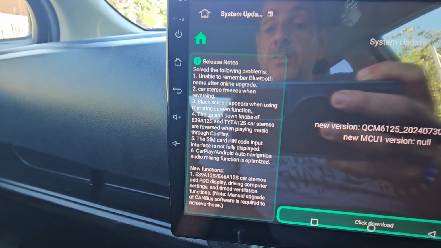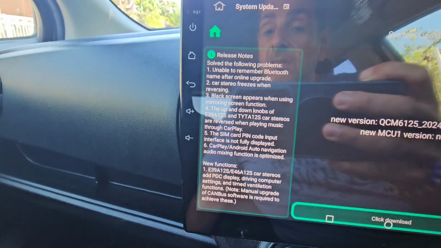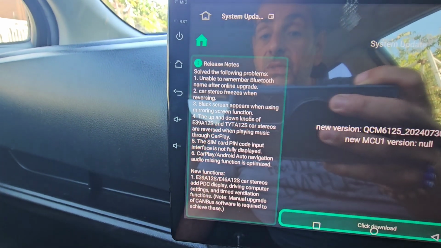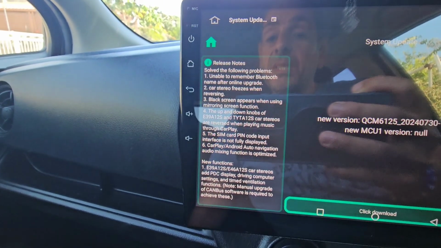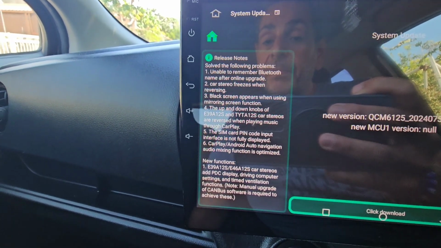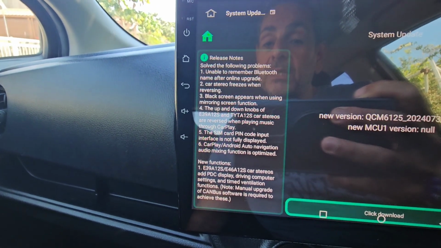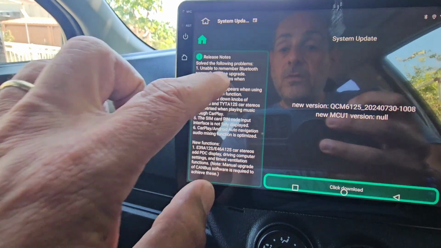The up and down knobs of the A12S, the E39 A12S and the TYT A12S car stereos are reversed when playing music through CarPlay. SIM card pin code input interface is not fully displayed, and CarPlay Android Auto navigation audio mixing function is optimized. And new functions,